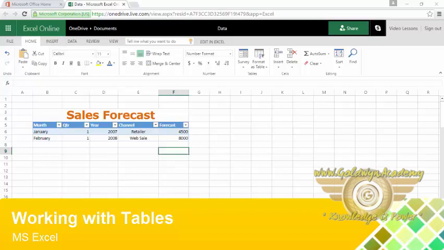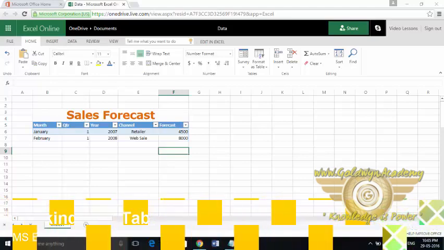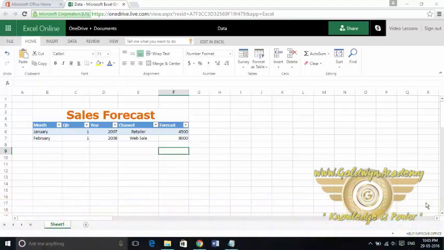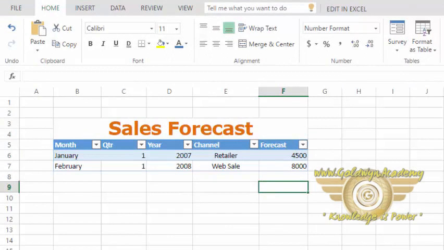In this video tutorial, we will be working with tables. We will see various options to improve your experience with tables and working around with your table. So let's get started. First of all, we will see how you can insert and how you can delete rows